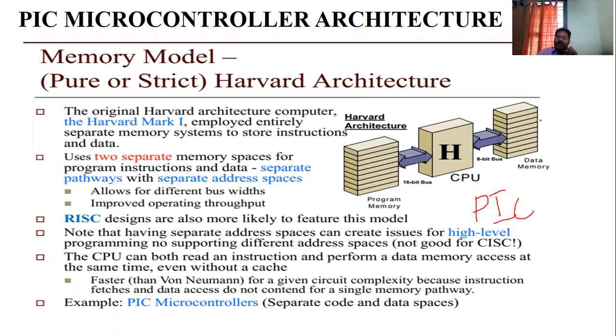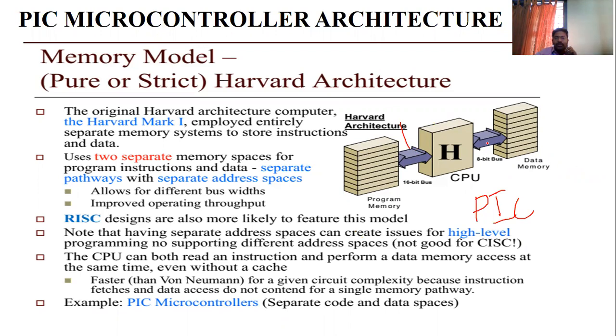See this, data memory is separate as well as program memory is separate. This is the CPU. So separate address and data lines are needed for accessing the data memory. At the same time, separate address and data lines are needed for accessing the program memory. There is no restriction on considering the same number of address and data lines for both data and program memory. You can see this example.